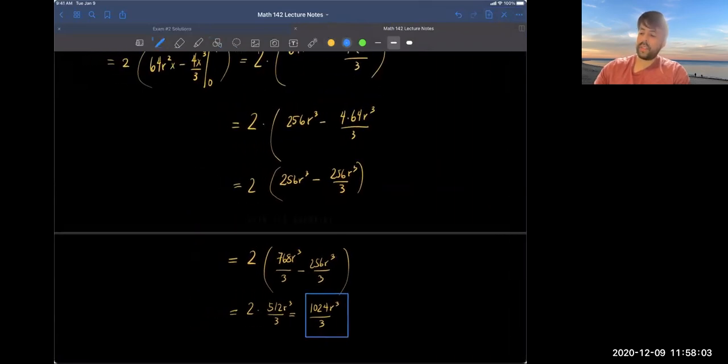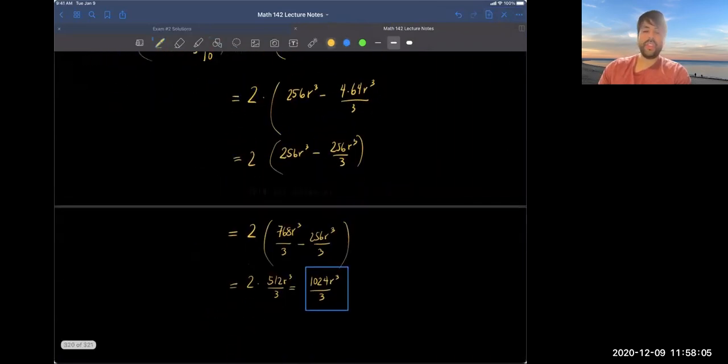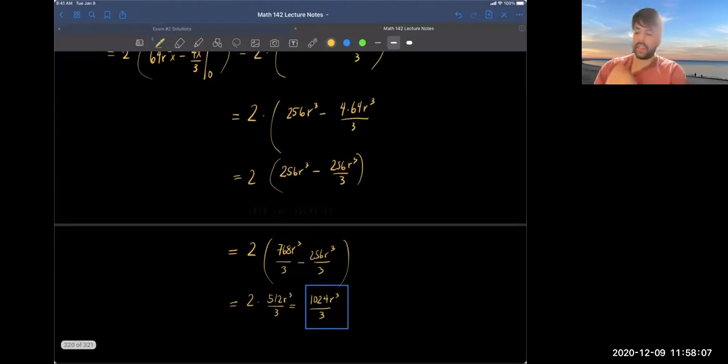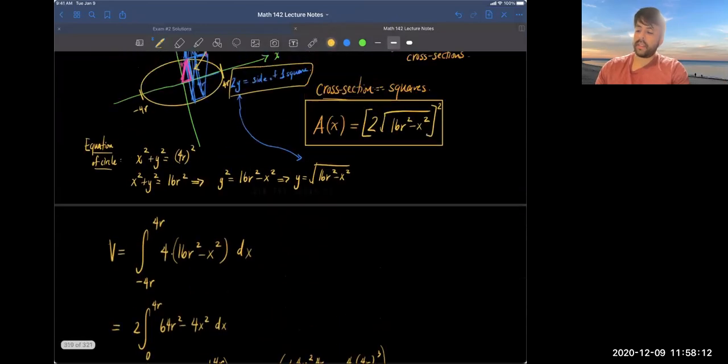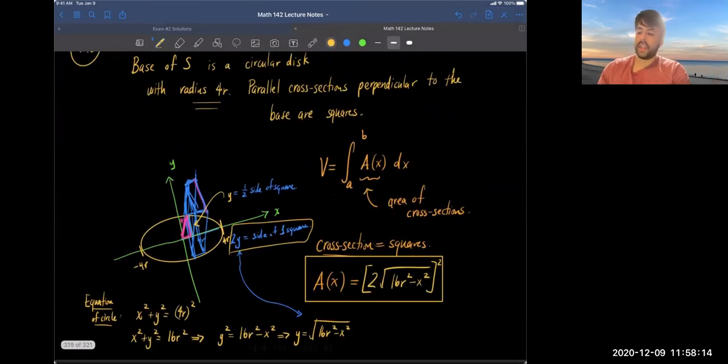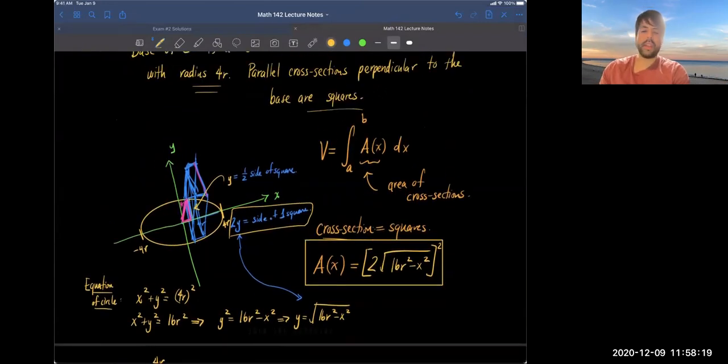So this question is a bit more geometric in nature, but the big idea, guys, is that to find the volume of a solid, if I were to know every cross section, and because every cross section here is a square, then I know that if I know one side, then I know how to find the area of that whole cross section. And if I can do that for every single possible x value within these bounds of integration, then I would be able to find the volume of the entire